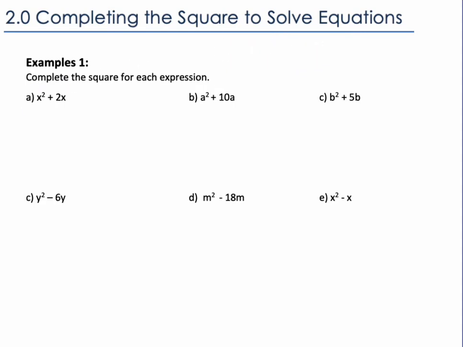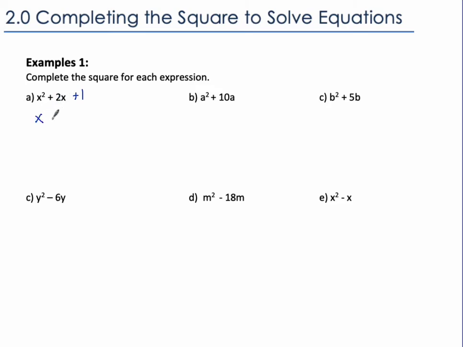So the way it works is we're going to be adding on a number that's half of this number squared. The number in front of x, the coefficient of x, we're going to take half of that and square it. So half of 2 squared is 1. And now we get something that we can